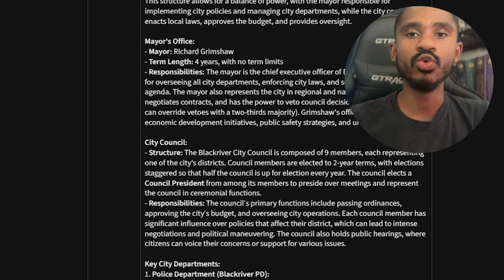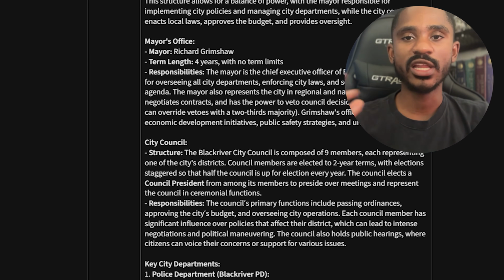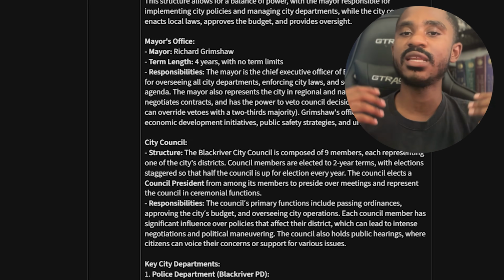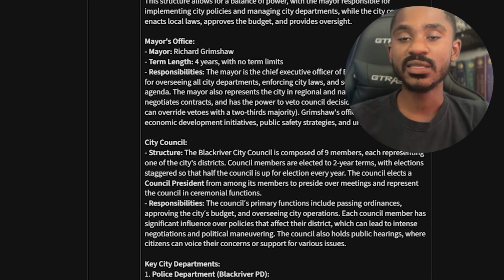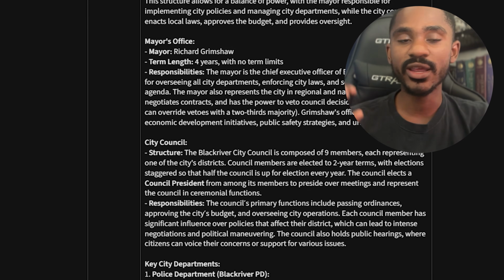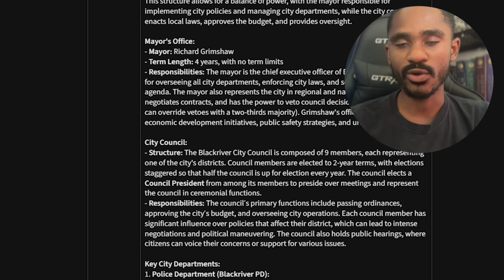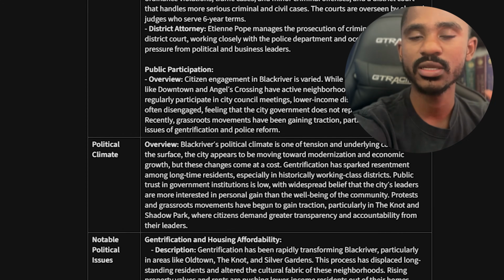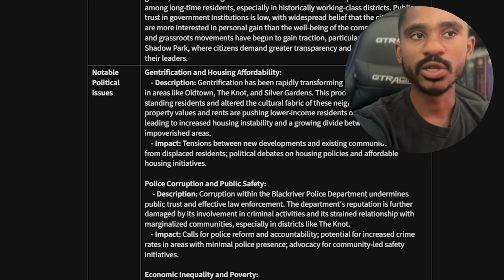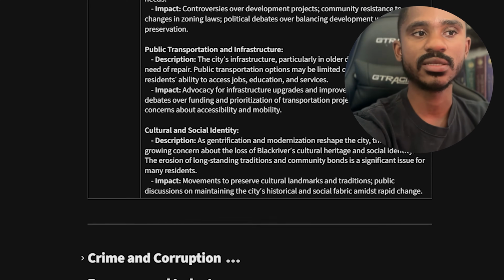The mayor who presents himself like a great upstanding man and who claims to want the best for the city is actually not that great of a person, but he's been in charge for so long that the city is just familiar with him at this point. But someone is challenging his reign. So that's one of the main plot points of the book that my character has to navigate around. And then just all the different government departments, blah, blah, blah. Political climate, don't need to get into that too much. Political issues, again, I'm just going to skip past some of that stuff.